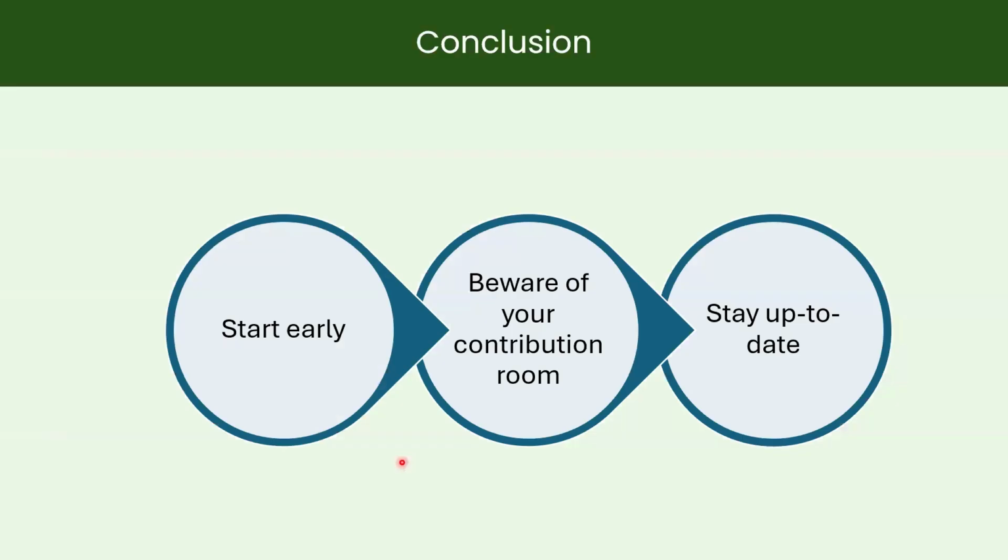Then finally, in conclusion, what exactly are we supposed to do? If you have a TFSA account already, fantastic. That's great news. If you do not, then you need to open one as soon as possible, as soon as you are eligible. So you check if you're eligible. You can walk into any bank, check if you're eligible for a TFSA, open it up. You don't need to fund it immediately. So whenever you have the funds, you can start putting it in there. But now you have a space for you to save on taxes. Then, like I've said so many times, you need to know your contribution.